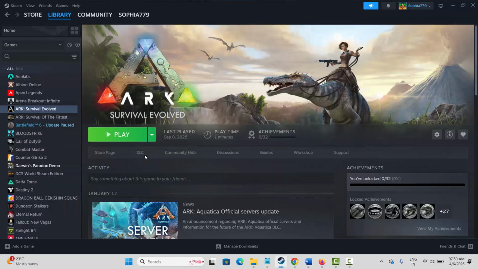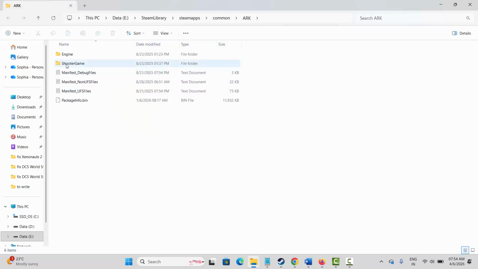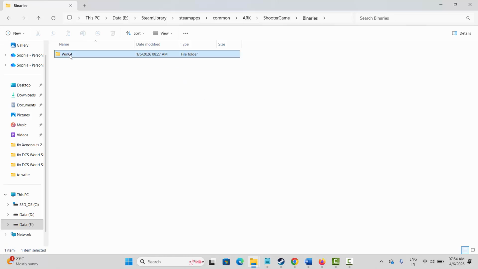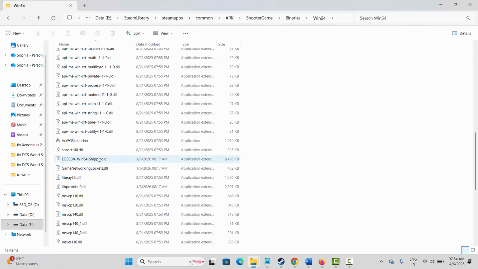For that, go to Steam, under library section, select your game, right click on it, click on manage, now click on browse local files. This will take you to the game folder where your game has been installed. Here you have to select the game application and double click on it and then check if the game is launching or not. But if the issue still continues and the game doesn't launch, you should run the game as